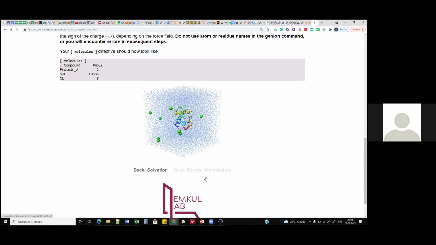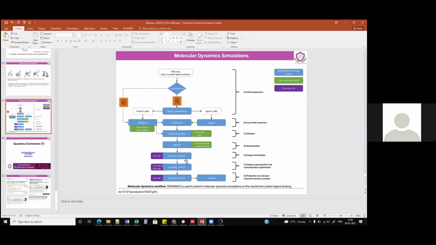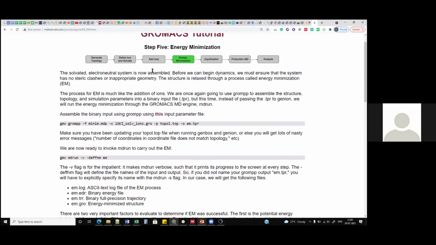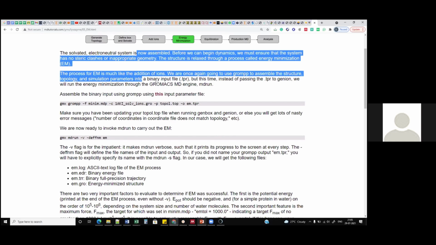Okay. So now the actual dynamics starts. Over here we will start with the first step, that is minimization. Again, there are two sets of commands. One is grompp, the GROMACS preprocessor, and then there is mdrun. For this grompp, we need to supply it with a molecular dynamics parameter file, that is energy minimization.mdp. I'm skipping this, but you can read it later on.